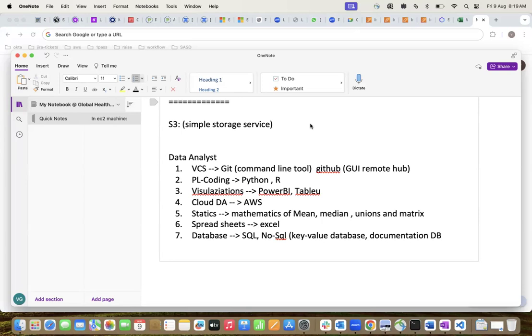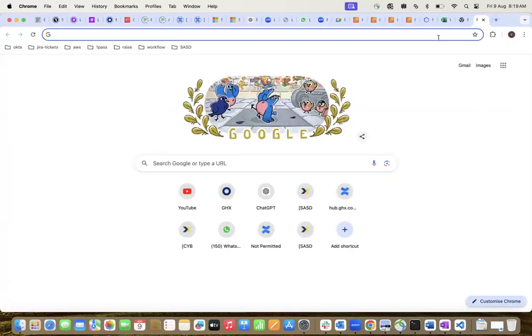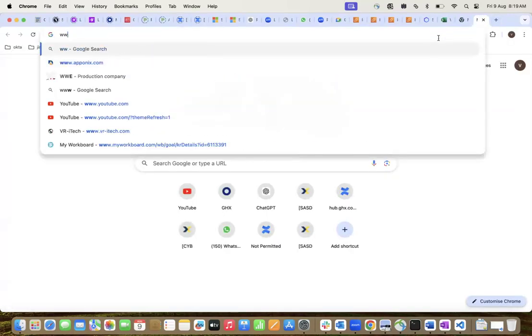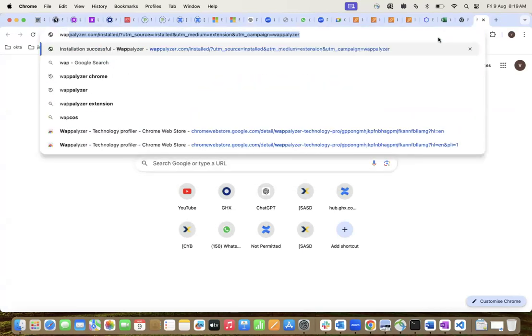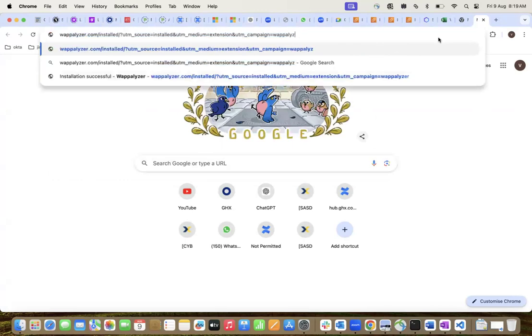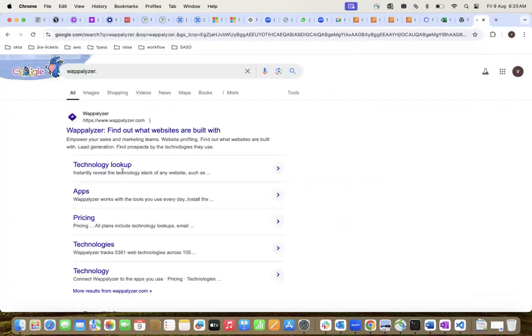And the real-time projects, we can go through any kind of websites and gather the data from there, like trading markets, banking sectors, all these things. Clear, right? Meanwhile, in everyone's system, please install this one, okay? Please install this WebAnalyzer tool. The spelling is this one, WebAnalyzer. The WebAnalyzer tool.